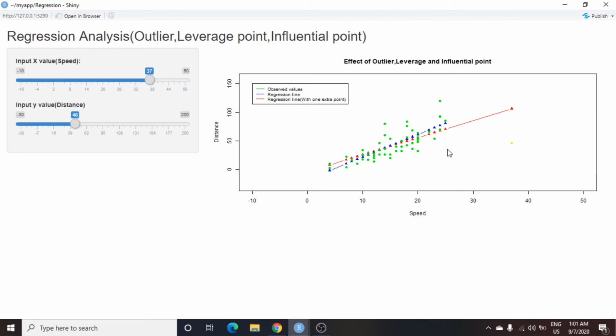So basically if we include this particular observation, the regression line changes completely. Basically in the regression setup, the slope and intercept will change. So basically we can call this point an influential point. Okay.